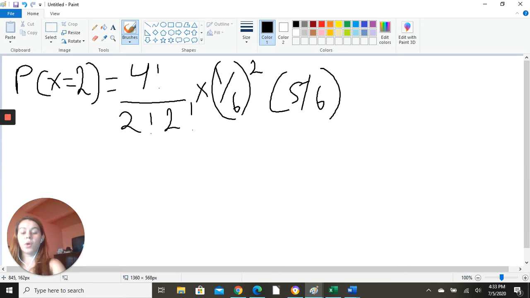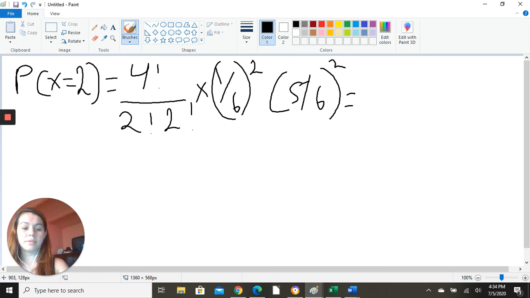Sorry, guys. So 4 factorial over 2 factorial, 2 factorial. Sorry, not decimal, exclamation point. Times 1 over 6 to the 2nd power and 5 over 6 to the 2nd power